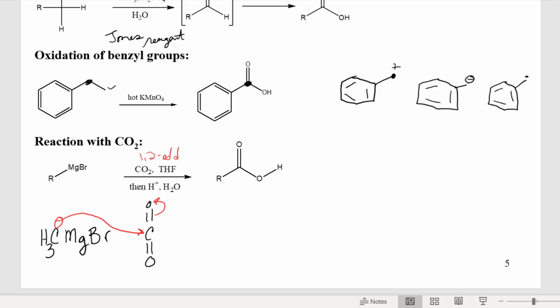That's typical of what we see with Grignards, right? 1,2 additions with a carbonyl. What does this look like? Well, I just had carbon 1. I added it to carbon 2. Carbon 1 is the CH3. Carbon 2 was from the carbon dioxide. And if you just rewrite this,